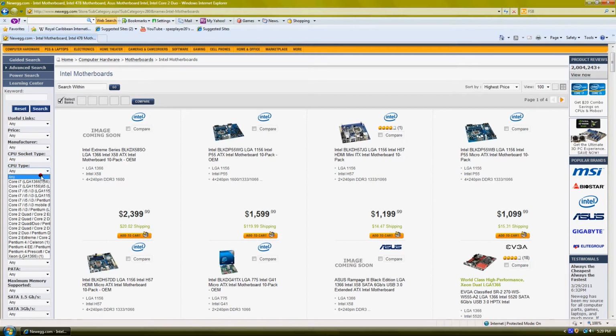CPU type goes along with the CPU socket type because Core i7 is an LGA 1366. So you're not going to be able to plug an LGA 1366 Core i7 into a 1156. Although there are some Core i7s that are 1156, you're still not going to be able to plug that into an LGA 1366 socket. So you have to make sure your motherboard supports the socket type that your processor has. And Core i7 just means that's the flagship of Intel's